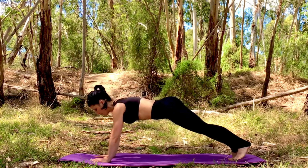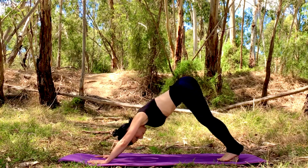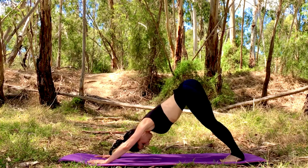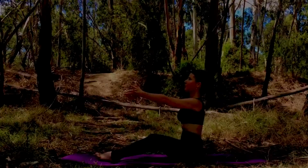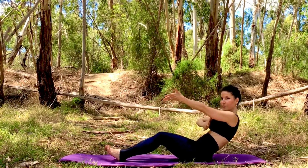And come back into your high plank position. Hold here for a moment, and then a big exhale to pike your hips up, feeling more length in the spine. And very slowly helping yourself down, coming into seated position as you flip your legs around in front of you. Sit tall on your sit bones, then hollow your tummy as you come back into a half roll down,